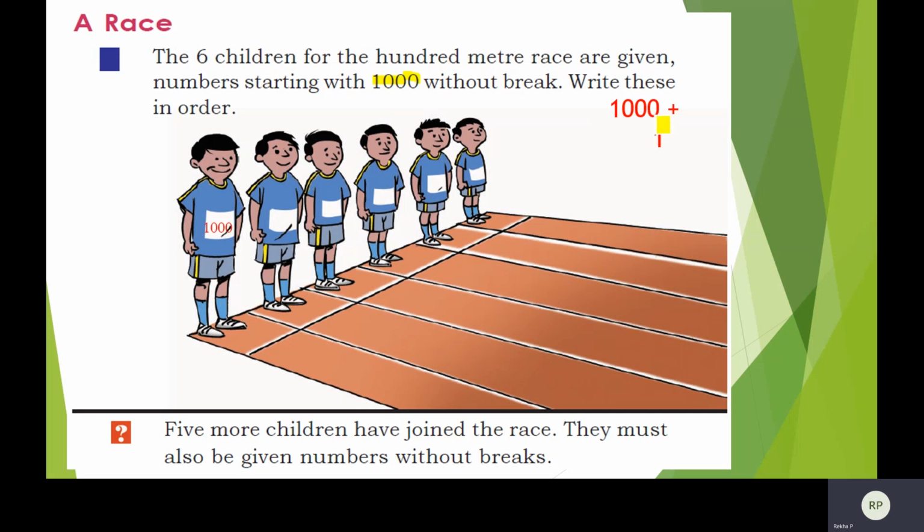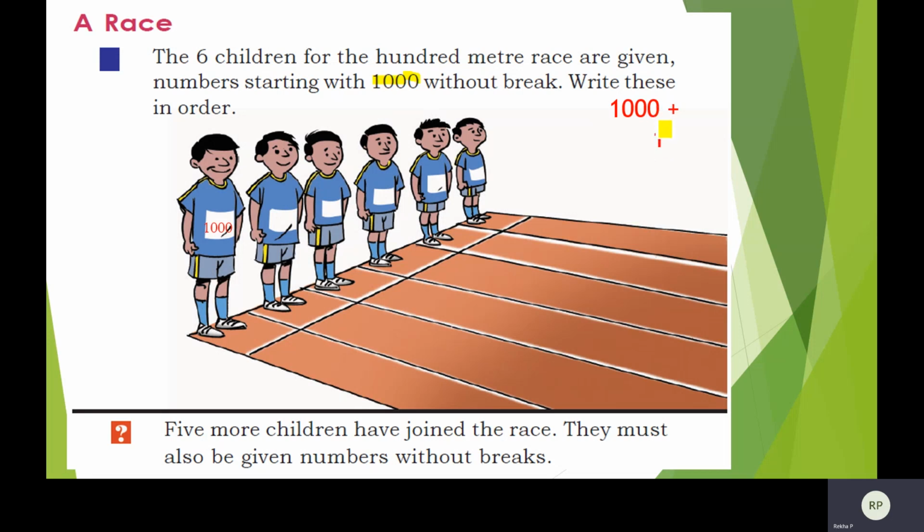When you deal with large numbers and want to add, you have to write the numbers in the right place. In 1000 you have these many figures: the ones place, tens place, hundreds place, thousands place. 1 is in the ones place, so when you add, you have to write 1 in the ones place.